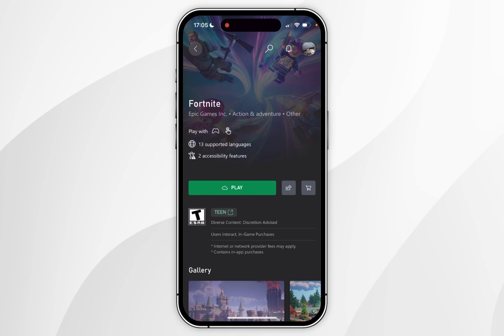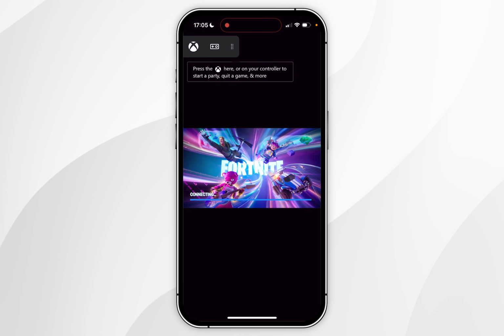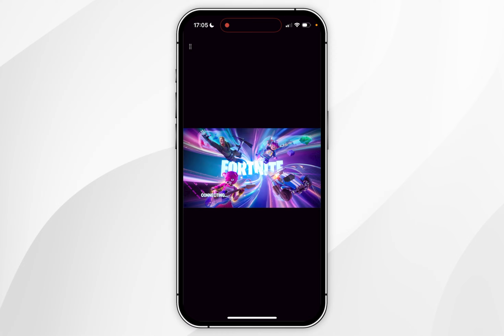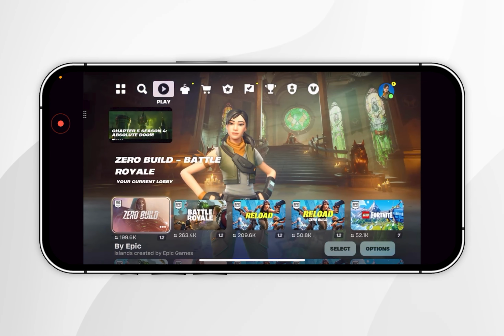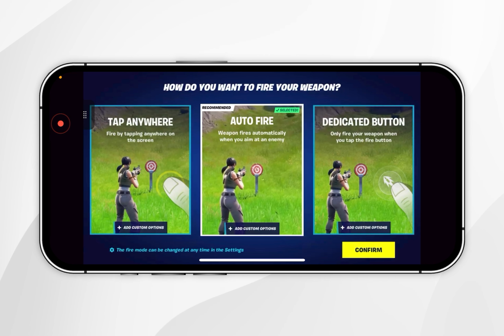Once you've signed in, the page will reload, and all we need to do now is click on the green play button. As you can see, we are now loaded into Fortnite, and if we rotate our phone, we can play Fortnite in full screen just as we normally would. So as you can see, we have successfully logged into Fortnite and we can start playing it just as we normally would. When you play Fortnite for the first time, it may ask you what controls you want to use,